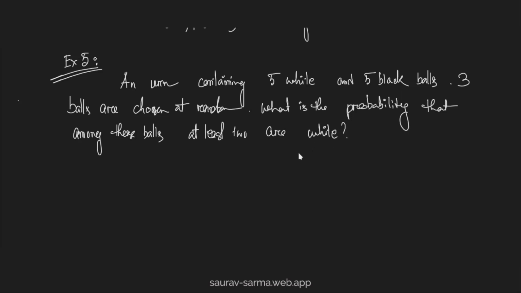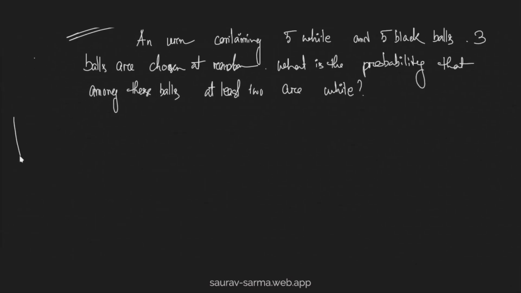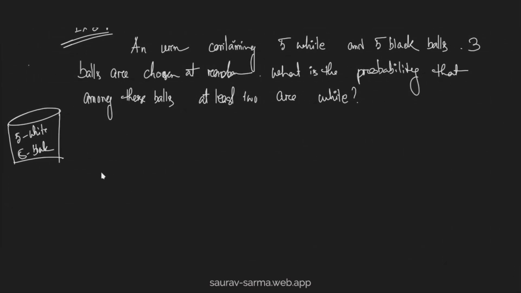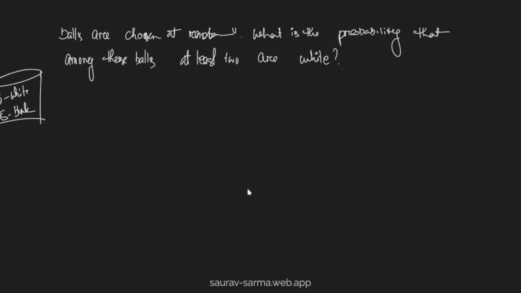At least, what is the probability as among these at least 2 are white. So that means there is a container tobhitor tomar 5ta white and 5ta black ball ase and ami tapora ki korisu, 3ta ball select korisu. So এতিয়া আমাক লাগে যে এই তিনটা বল সিলেক্ট যে কৰিছিল তাৰ ভিতৰত at least দুটা white ball thara probability কি. Right, so let's draw the sample